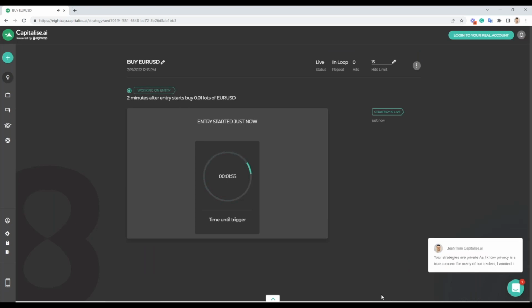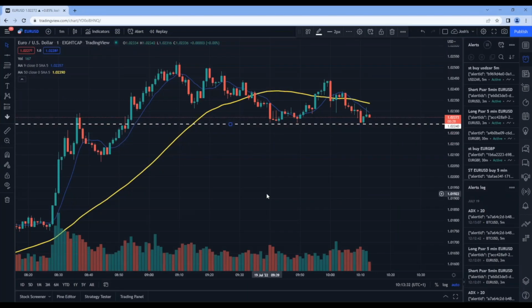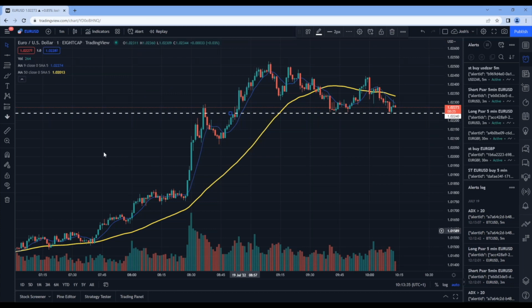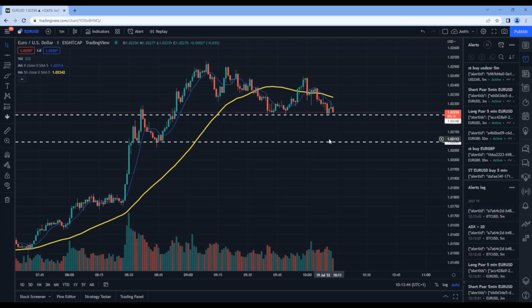get a trigger. And let's have a look at Euro Dollar at the moment. Okay, we're testing our hypothetical support here. Maybe the support could have been lower for this example, maybe there. It may try to go there, but let's just see how this plays out. And what we're going to do is wait for our first transaction. We're going to see it fire off on our Eightcap account, and then I'm going to go ahead and start creating some other strategies. And guys, if you have any questions, as I mentioned, feel free to pop them onto